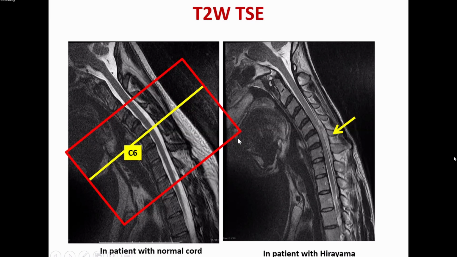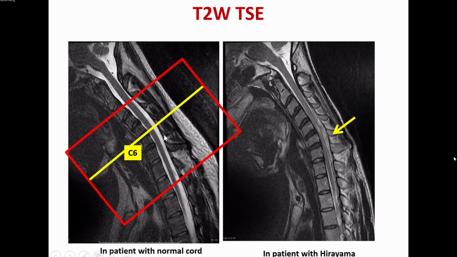But in a Hirayama patient, you can see that the dural component will compress on the spinal cord. So this detail you can demonstrate only when you do it in a flexed neck and high resolution images. And you need to do axials also and complete it with contrast, with T1 pre and post contrast images. How do you plan axials? Now, you see the C6 vertebra, the superior aspect of the C6 vertebra, the end plate of the C6 vertebra, plan sections parallel to this imaginary line going through the superior aspect of the C6 vertebra, right? So the axials will be global axials running from here to here and then completed with contrast, right?